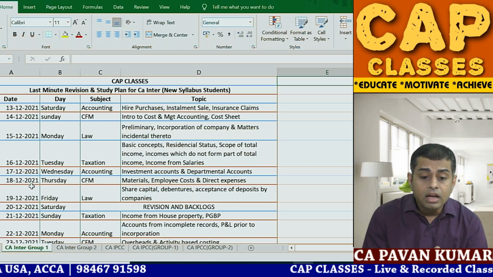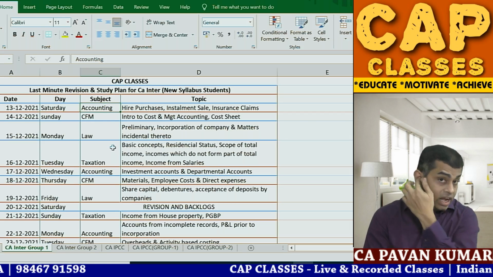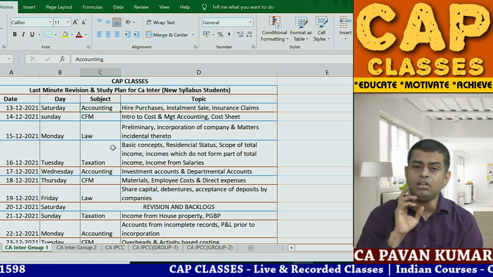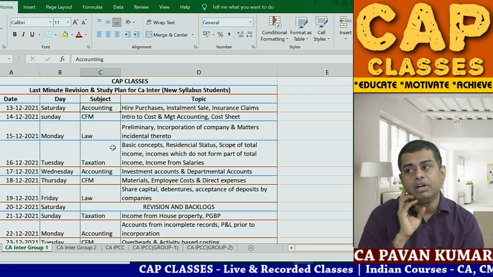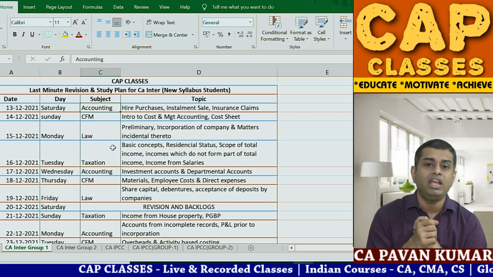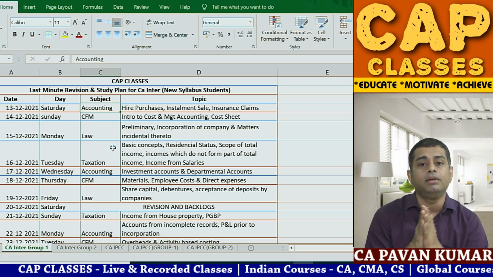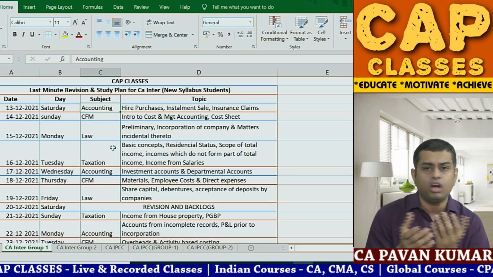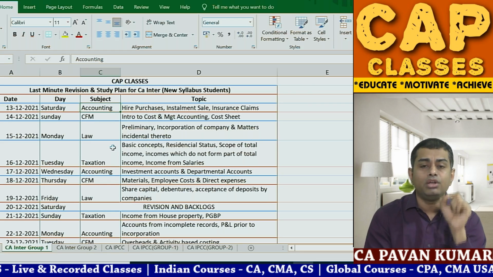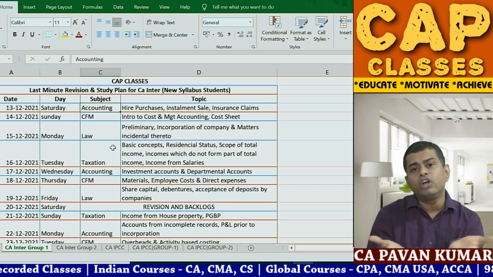So look here, the schedule is going to start tomorrow, 13th December. One schedule is starting with today's date, 12th December, also. One schedule is starting from 13th December. If you have any numerical sentiment, that Pavan sir, 13 is not a good number for me, 13 is a bad sign, some people will have 13 as a bad sign. That could be because of your belief system or religion. So I respect it. If you are not comfortable starting your study plan on the 13th, my dear friends, start today evening. Why don't you open the book and start your preparation?